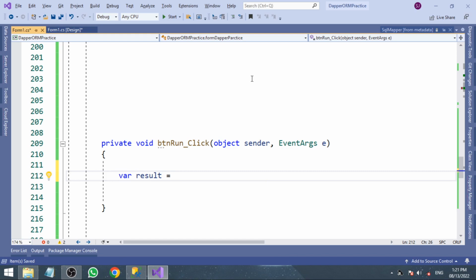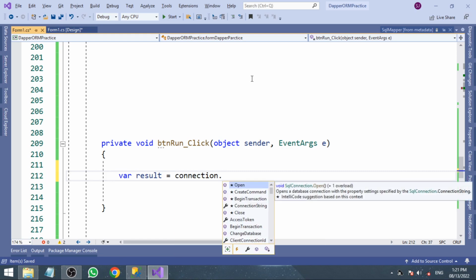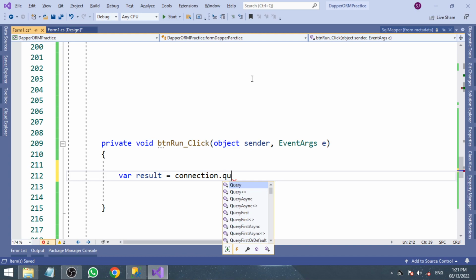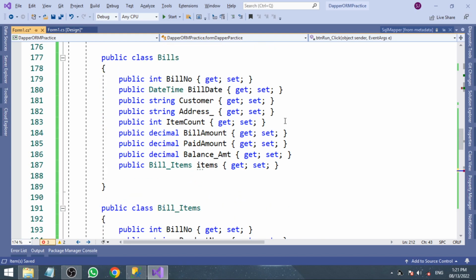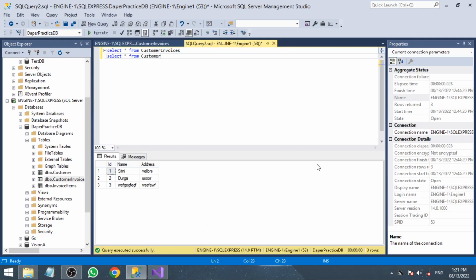We are going to get the result. We already have a connection object and query. So here we are going to pass more than one type, because we have a bills table, a bills object, and we have a bill items object. These objects are created by what we have in